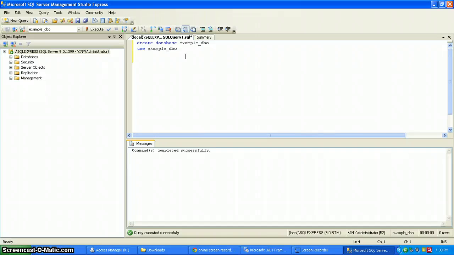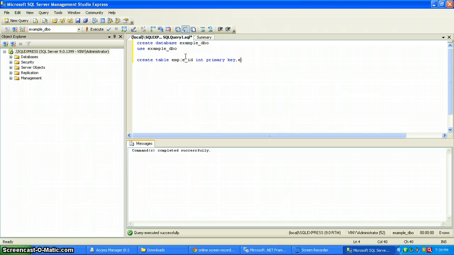Now I have to create a table. Create table emp, e underscore id int. Let's suppose that I have to make it primary key. Primary key is a key which we use to remove the redundancy from the database. That is, primary key gives you a facility that all the records present in your table are completely unique records. So give it primary key, comma,